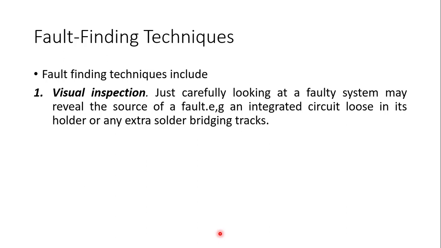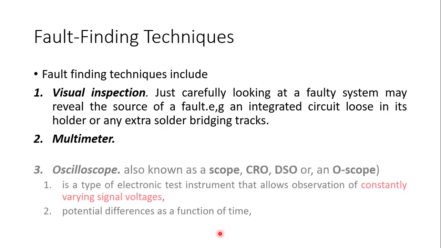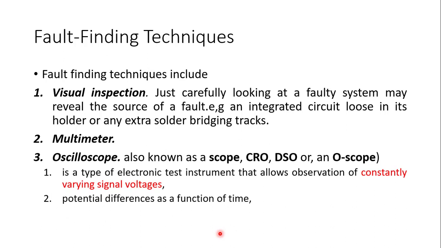This can be done by soldering the things, welding the things, correct? So it is very easy. Then we have a multimeter. When you check whether your motor is getting the proper voltage, proper current, that could be checked by the multimeter. Then the further step is the oscilloscope.